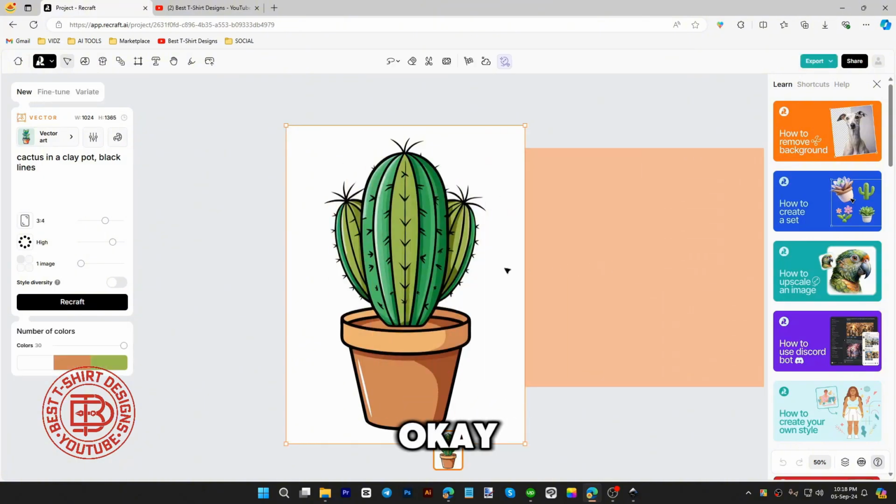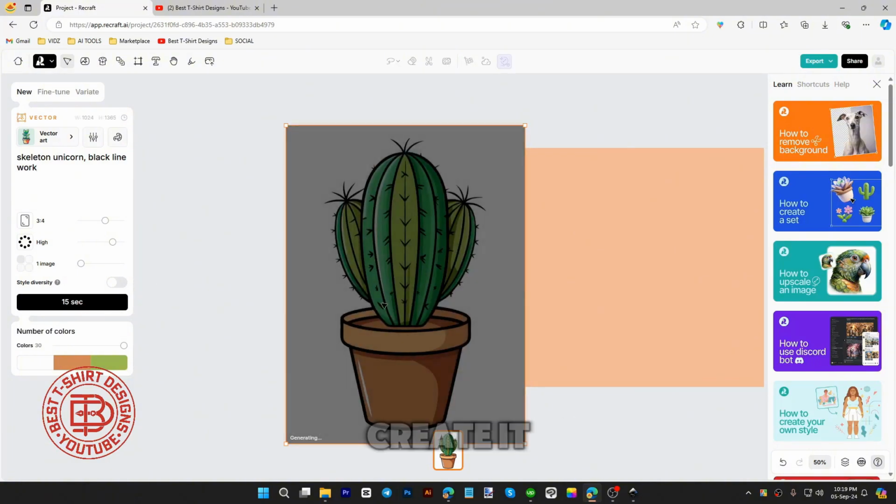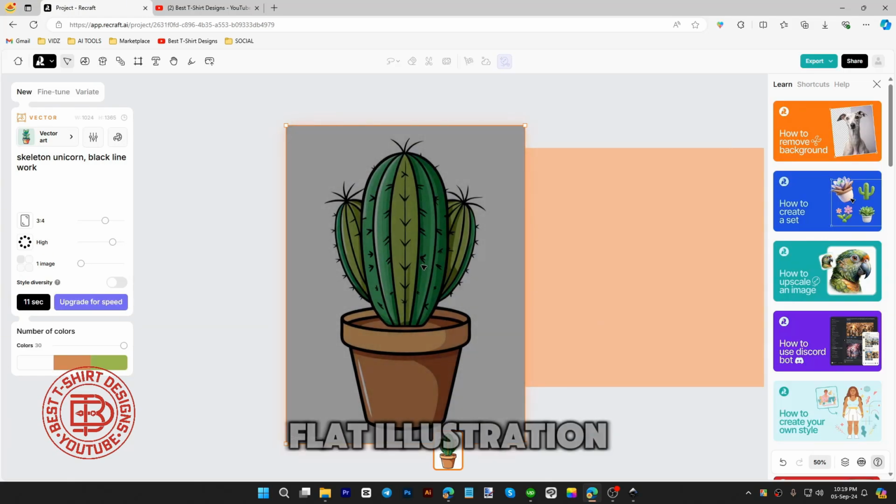So I am going to type it in here. Let's say skeleton unicorn, black line work. I am putting black line work because I want these black lines to be in the design. That creates a vector look for our T-shirt design. If I create it without those black lines, it will create something like a flat illustration, which is not very suitable for